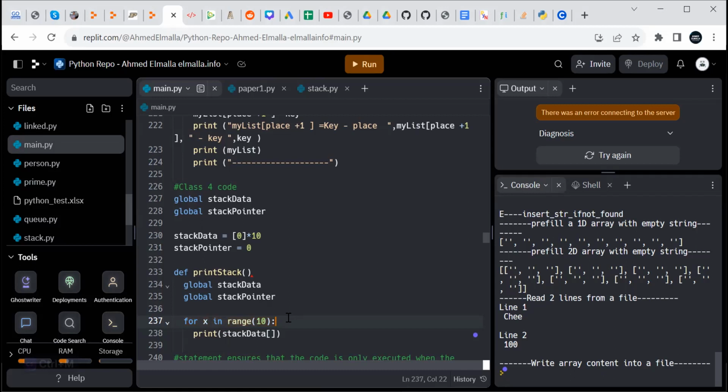10. Okay, so it means that x will start with value 0 until x equals 9. So if we put x here, it will print all the content of the array starting from 0 until it reaches 9. Does this make sense to you? Okay, so the second thing that print stack needs to do is to print the stack